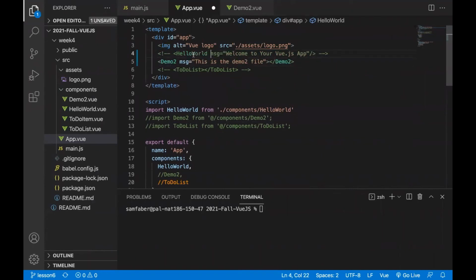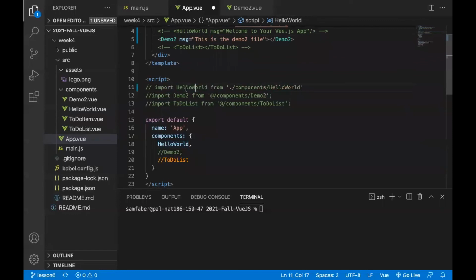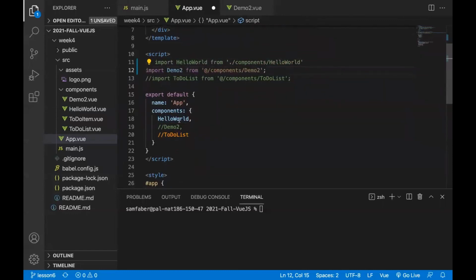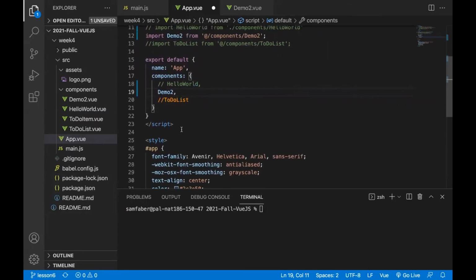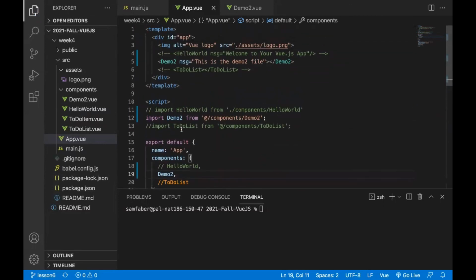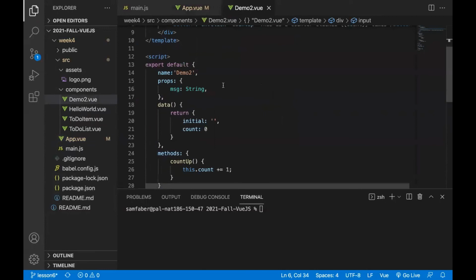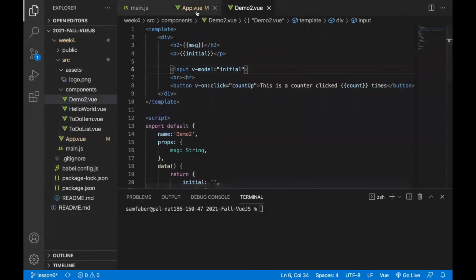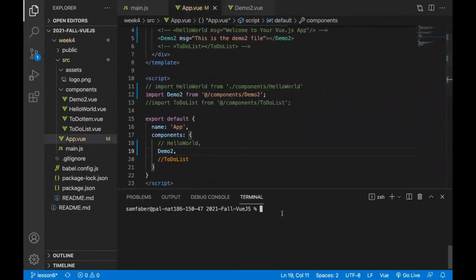And let me comment this one out as I go. Then you need to add the import statement. And then you add it into your list of components that will be used. Those are the 3 places that you need to add a component. And once you've done that, you would be able to load this. And I think,